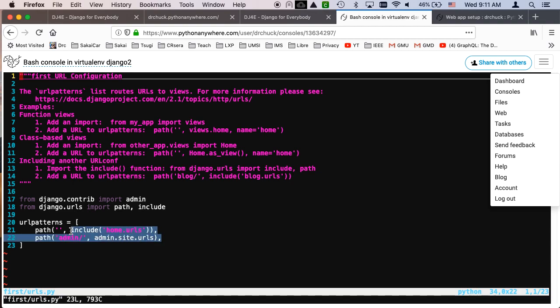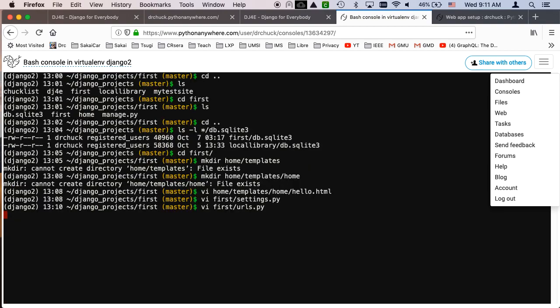And in this, you'll put the admin and the home URLs so that you can eventually do the admin. The admin is less important in this particular first application, but you're going to need it soon enough, so we might as well just put it in. And then include the URLs from the home application within the first project. Okay, and then if we take a look in the home folder, home/urls.py,